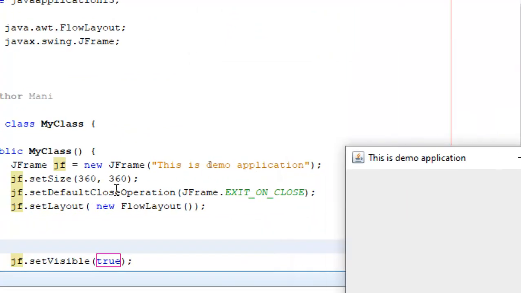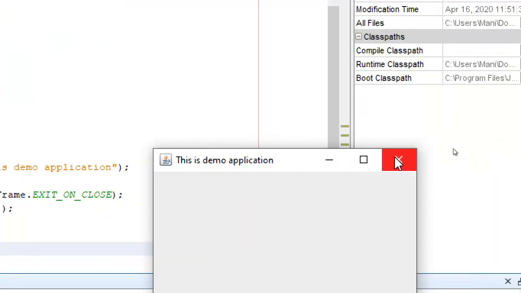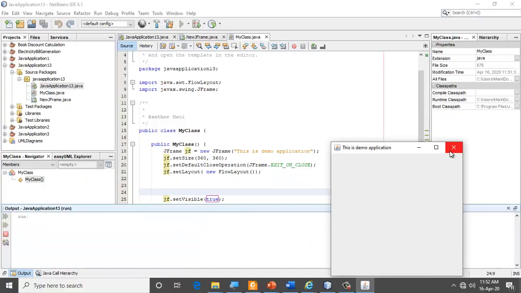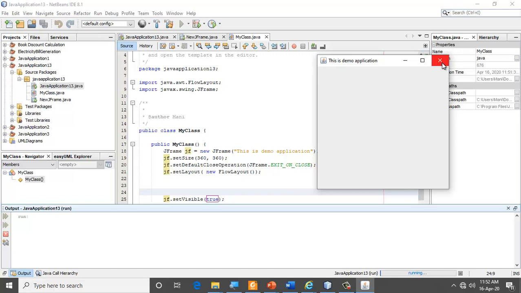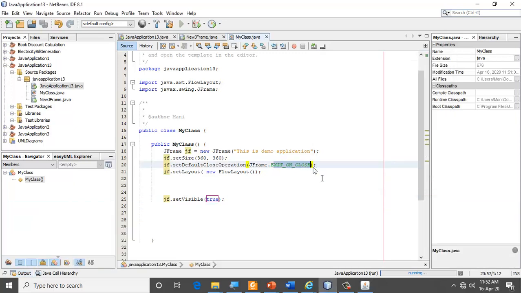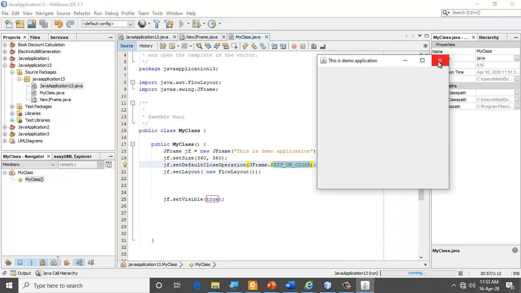And then I said default close operation. Now the default close operation means what will happen if I click on this close button? What should I do? So Java says, I don't know what you are supposed to do, that you have to decide whether you will close this form, whether you will hide this form. It depends on your code. So what I have said is, when I click on this, if you notice at this junction, I just said that exit on close. So if I click on this close button, then you have to exit the application altogether.